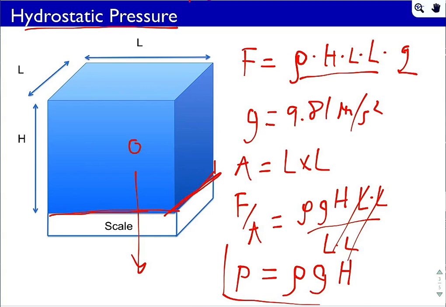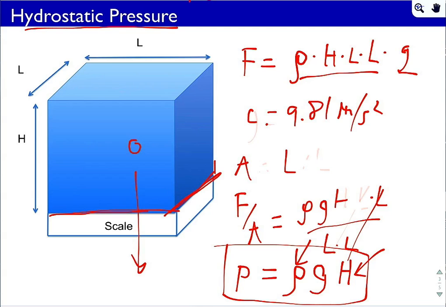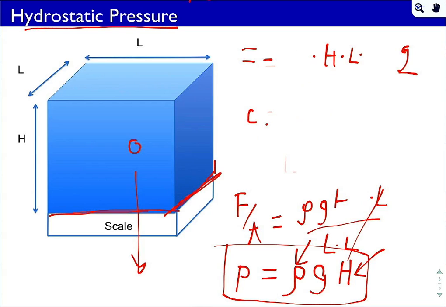So pressure is dependent on rho g h for the simple constant density case. And you can see that pressure is dependent on density and depth. And we'll see that is always true. So if I just erase a little section here, if I were to take this same experiment, take the same